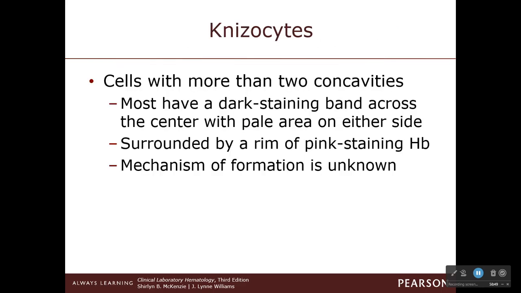Mesocytes. Okay? Mesocytes. Cells with more than two concavities. Most have a dark staining band across the center, surrounded by a rim of pink staining hemoglobin. We don't know what causes them. We just know, like,